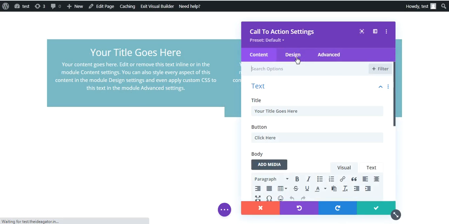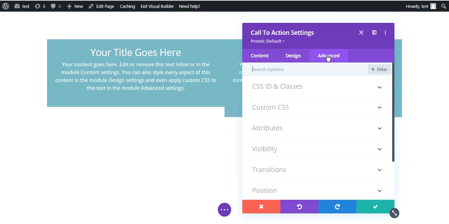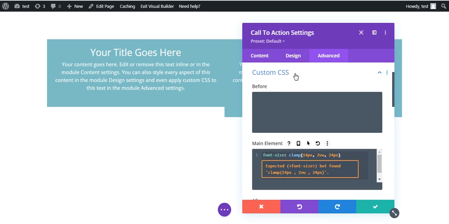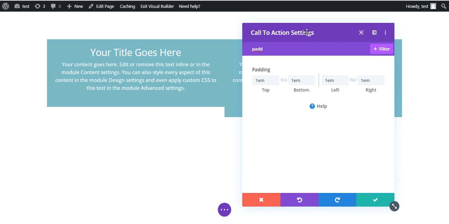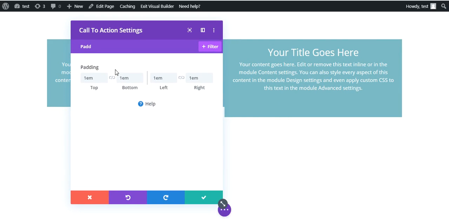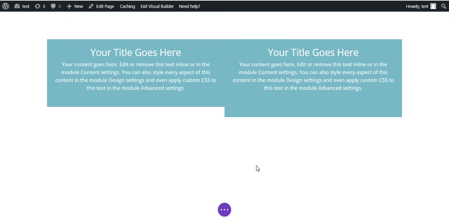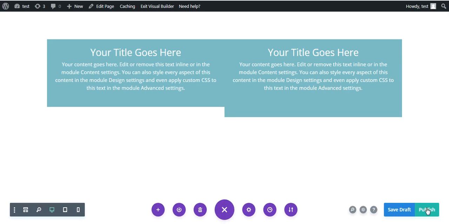Let's select this. I think this doesn't get the font size, let's check. Yes, it is there. Let's check the padding, 1 pixel on all sides. Click on OK. Now let's try to save this.